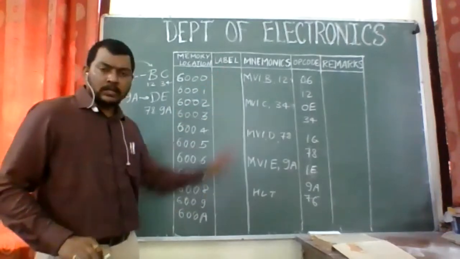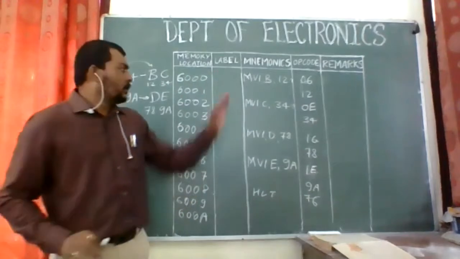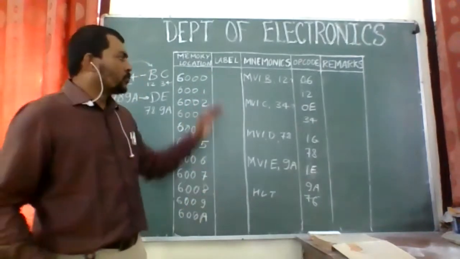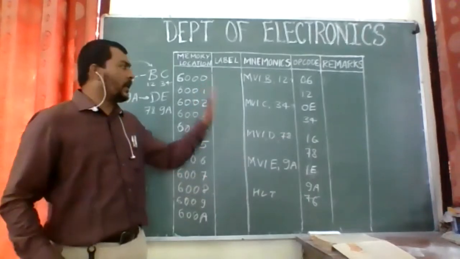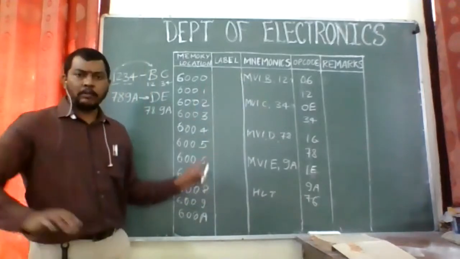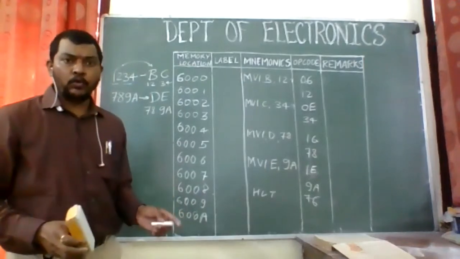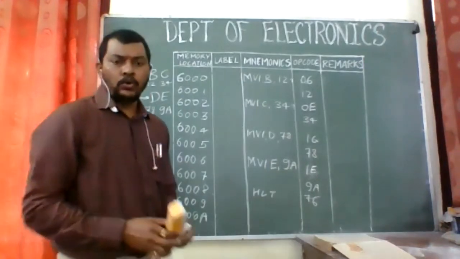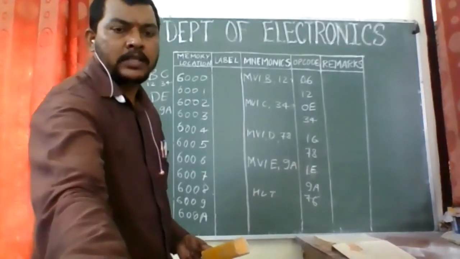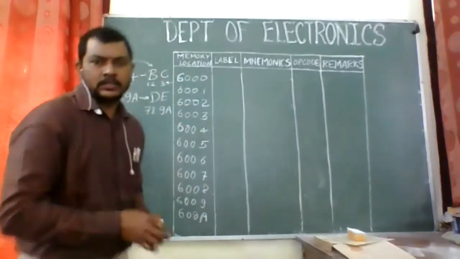But this is the simplest program, and we have used simple instructions. There is nothing wrong in that, but we have to write this in 9 memory locations, right? So for reducing the memory locations, we can use another way. So for that, let me try another. So this is one program. I hope you have written this program. I will just rub this program and we'll try to write the same program in another way, right? So just hold it for a second. Yes. So we'll try to write the same program in another way.